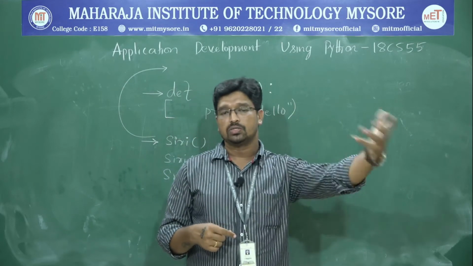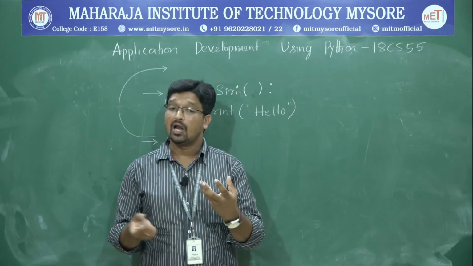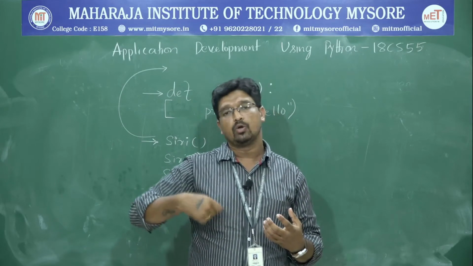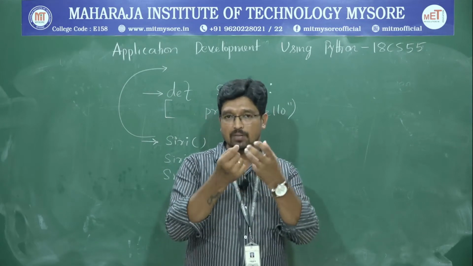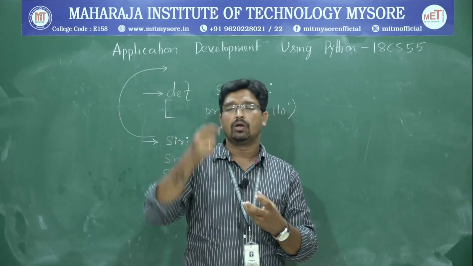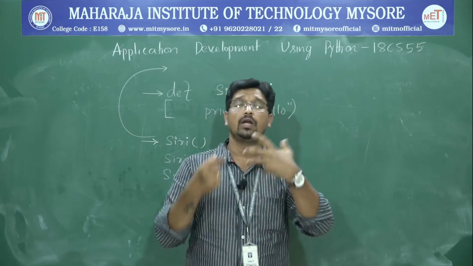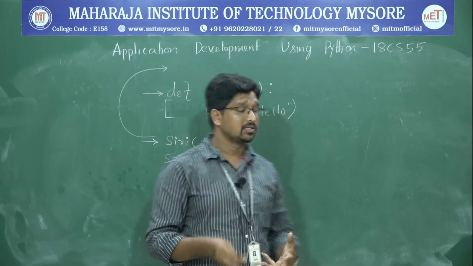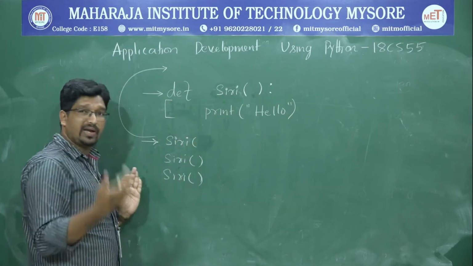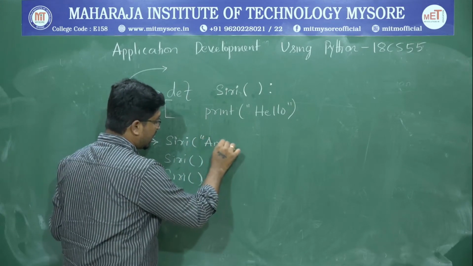So whenever you ask a function to do some task, along with the function calling, you need to pass some parameter. Whenever you pass a parameter, it will accept the parameter, and it will perform some particular task based on your instructions, but it can also accept some parameters. Now as I said, I want my function to print some message along with some name. Let us say I will say Siri Anand.